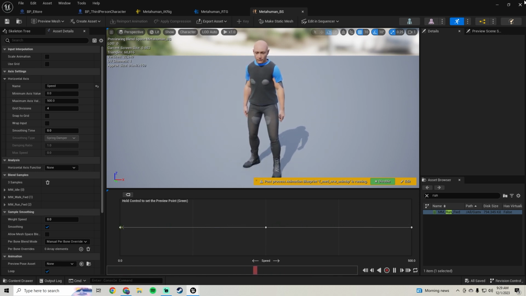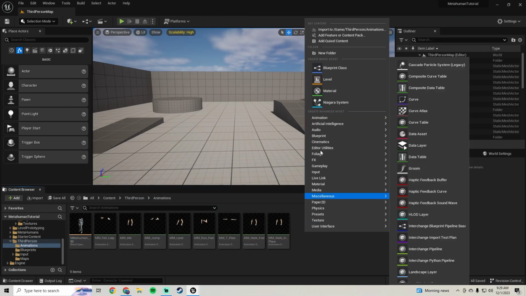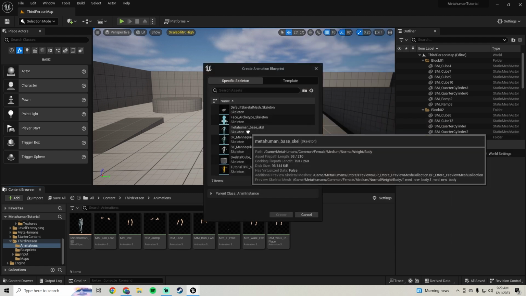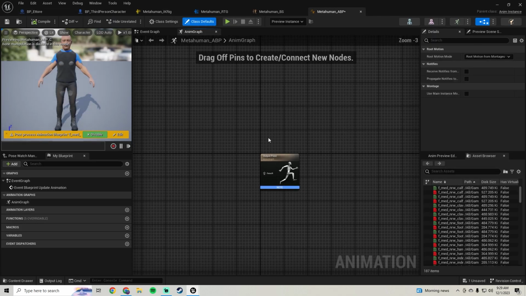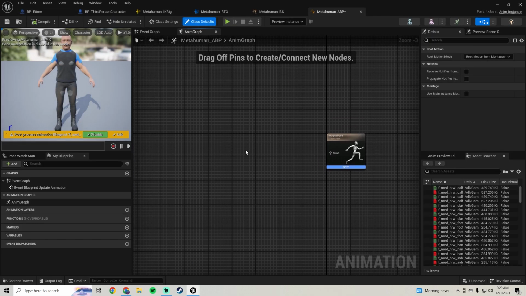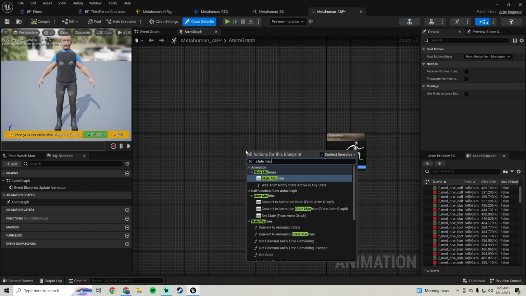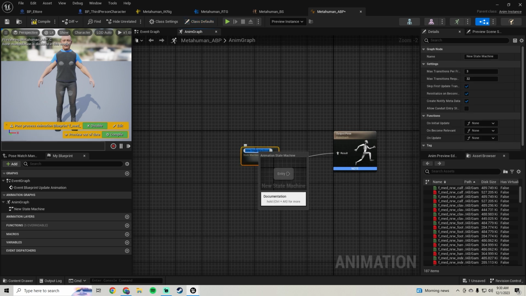It is working. And then next thing we're gonna do is make an animation blueprint. We're gonna go to animation, blueprint. We're gonna find our MetaHuman base skeleton here, create one. We're gonna call this MetaHuman underscore ABP for animation blueprint. Then we're gonna open that up, and we're gonna right click and create a state machine, and hook that up. We're gonna call it